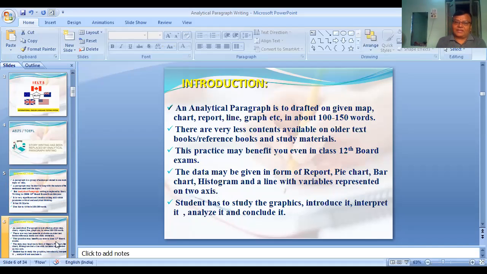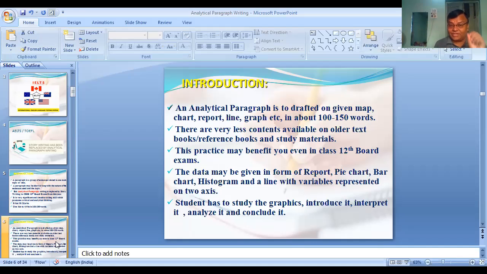An analytical paragraph is a draft on a given map, chart, report, line graph, etc. So these helping charts will be given to you, or in some questions, a report will be given to you. I suppose a pollution report of Delhi. You might be given a line graph. I told you the match is going on, how the wicket is falling. A line graph will be given to you, and you have to analyze it in 150